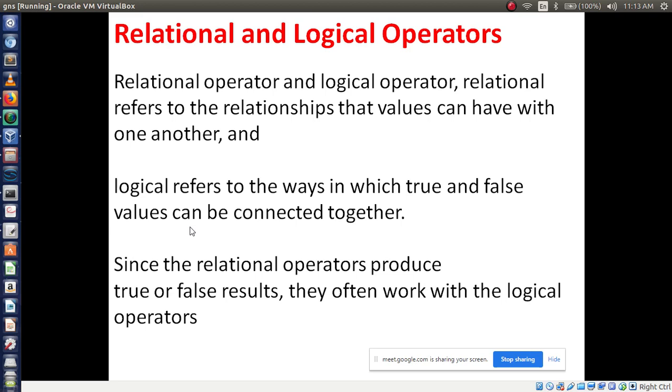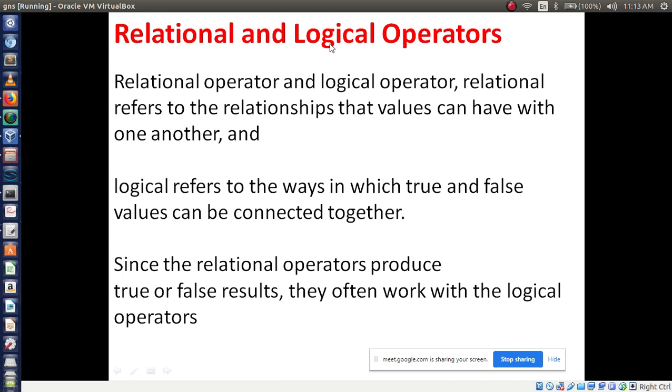So relational operators and logical operators. Relational refers to the relationships that values can have with one another. Logical refers to the ways in which true and false values can be connected together.